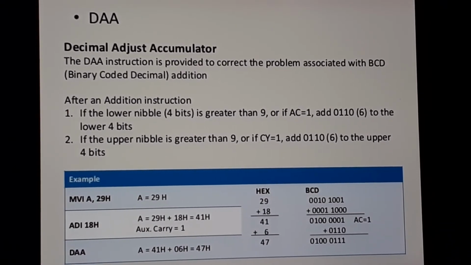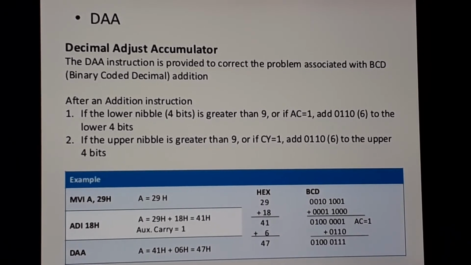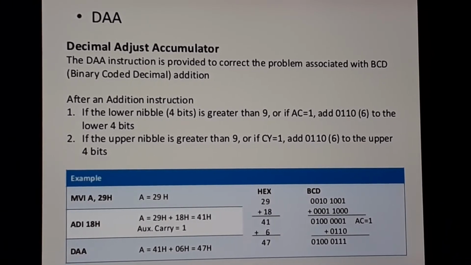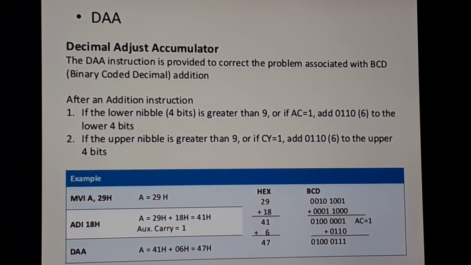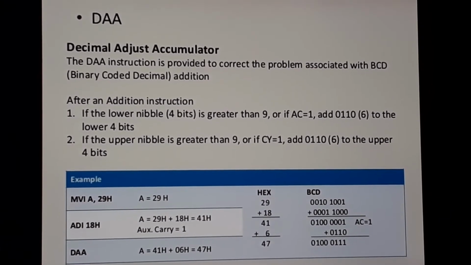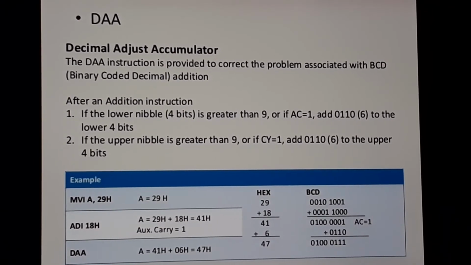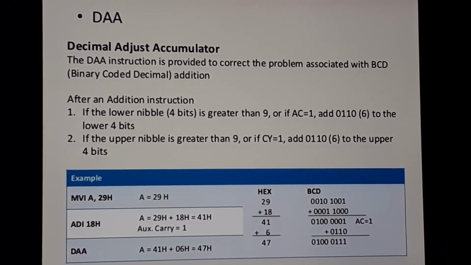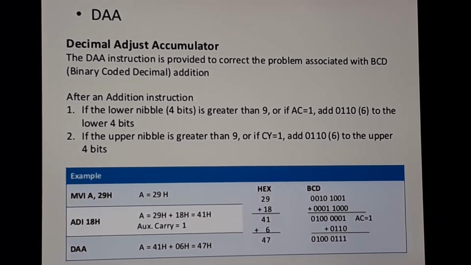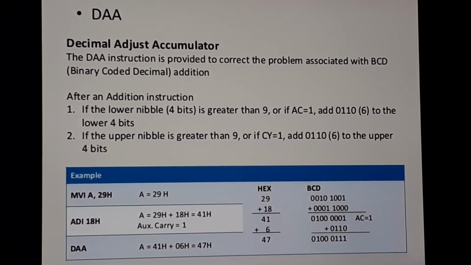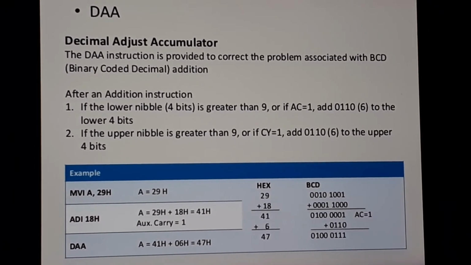Since there is no format, I did not mention any format. Other than the format, you can take down the other things: the addressing mode will be implicit addressing mode, or you can say implied addressing mode, since there is nothing with it. Then the bytes will be 1 byte since there is no operand or data. Then the flags that will get affected are none, and the group is the arithmetic group. There is no format for this particular instruction. You will write the full form of DAA as decimal adjust accumulator.